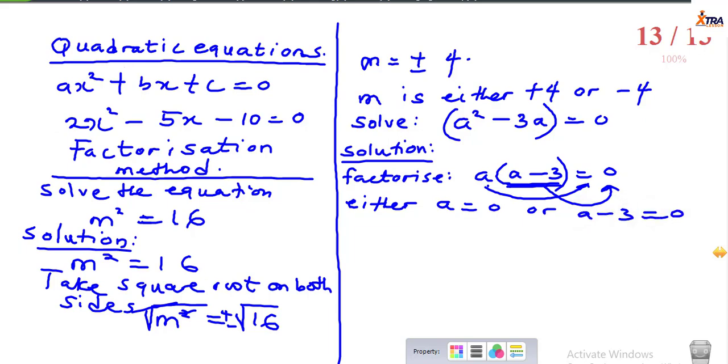Going by the fact that a is already 0 on this side, here a is equal to 3. That is bringing minus 3 over here: 0 plus 3, and that will give you 3. So I hope from this video you've been able to learn something on how to solve a quadratic equation